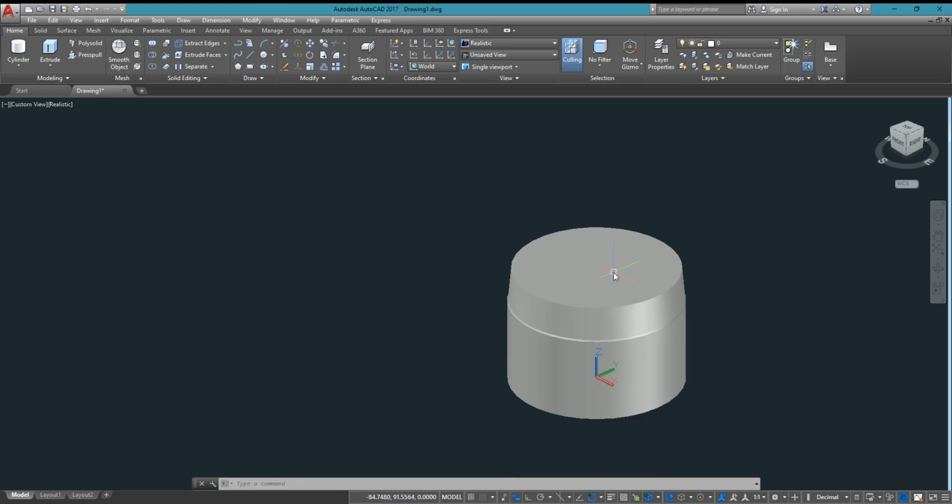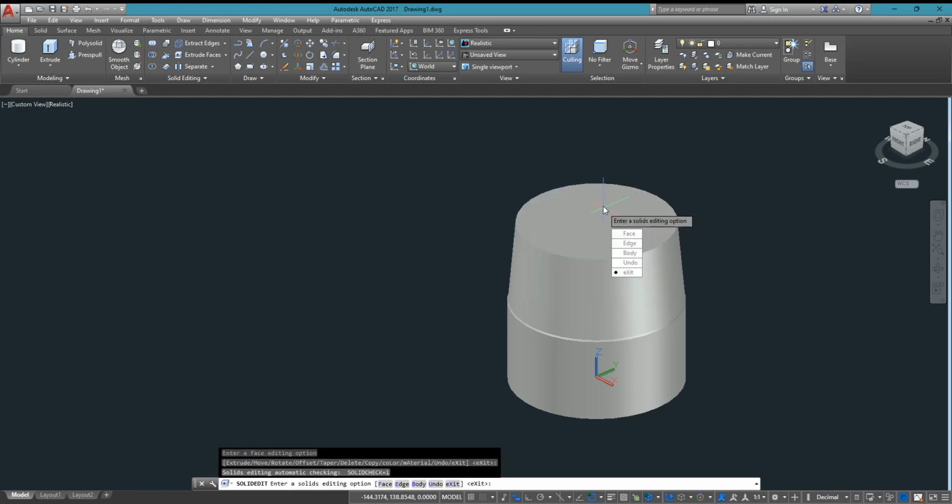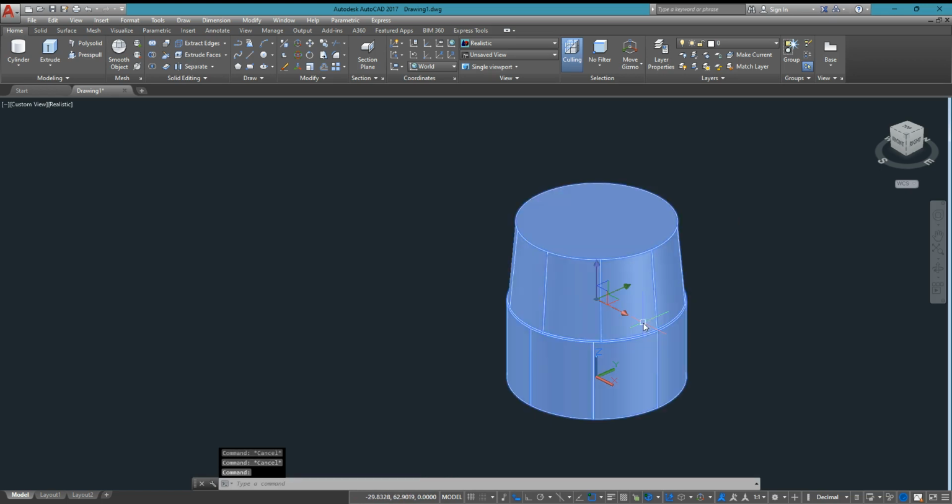We give already a surface here, and then we extrude again, and then let's try 30. That is the height that will change, and then we have that taper on the side or on the end of the cylinder. Let's have 4 or 5. That will be now the changes when we do the extrude faces on tapering. So meaning we diminish and we reduce the end of the cylinder on that top surface.